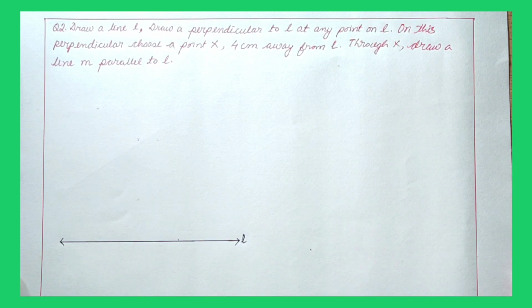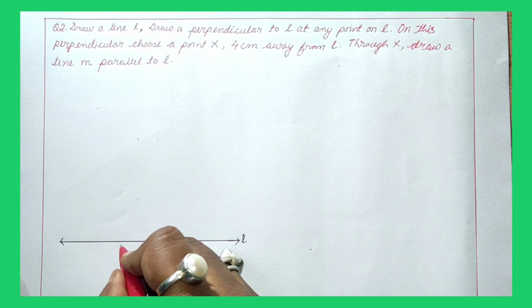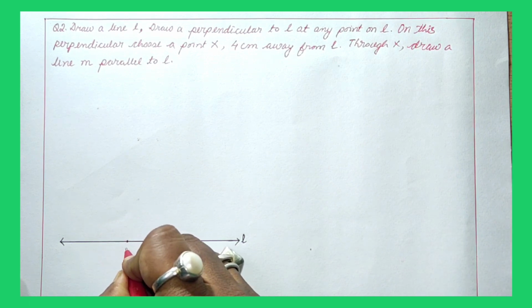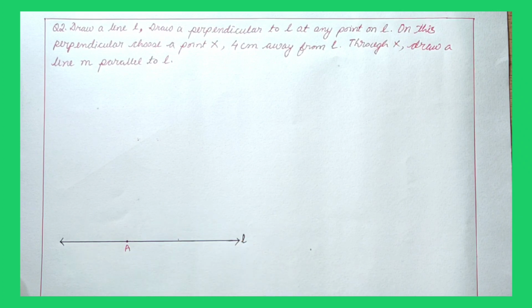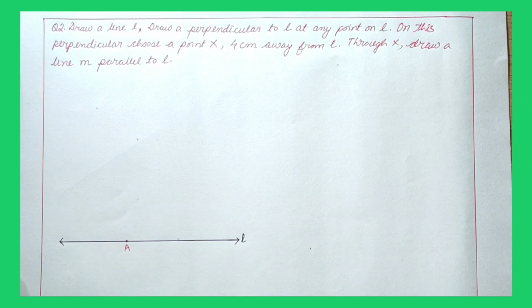Okay. Now we have to draw a perpendicular to L at any point on L. So I will take a point on L. Say the point is say A. I've taken a point A on L, and then I have to draw a perpendicular on L through this point A